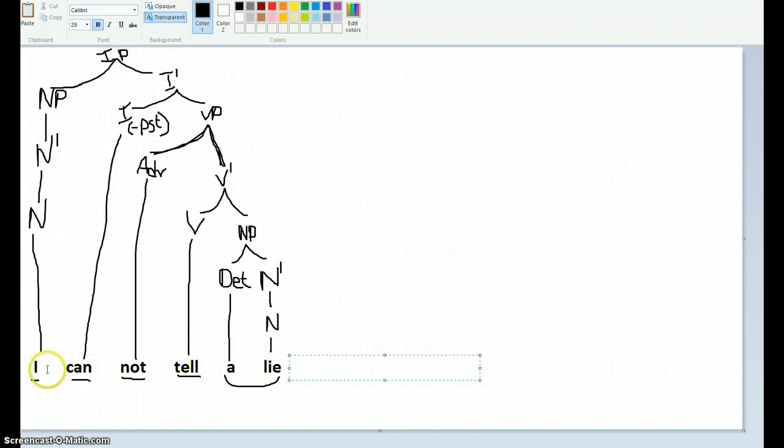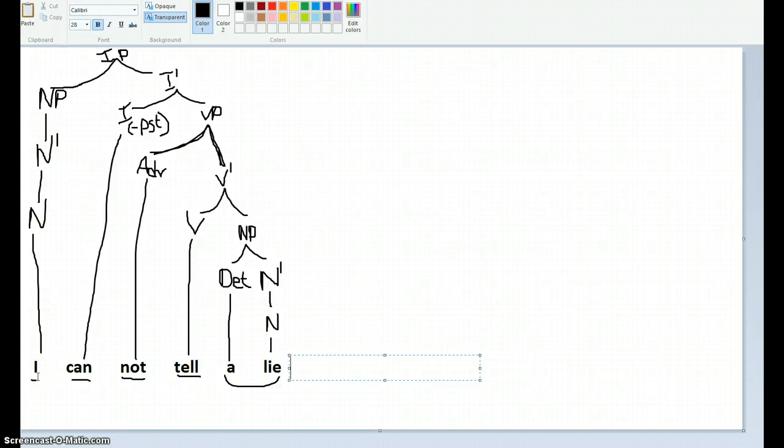You notice I treated "I," even though it's a pronoun, as a noun. Why is that? Well, a pronoun, as you know, stands in for a noun: we, I, us, him, his. If it acts like a noun, treat it like a noun. In this case, "I" acted like a noun, and it would have looked the same in this parse tree if